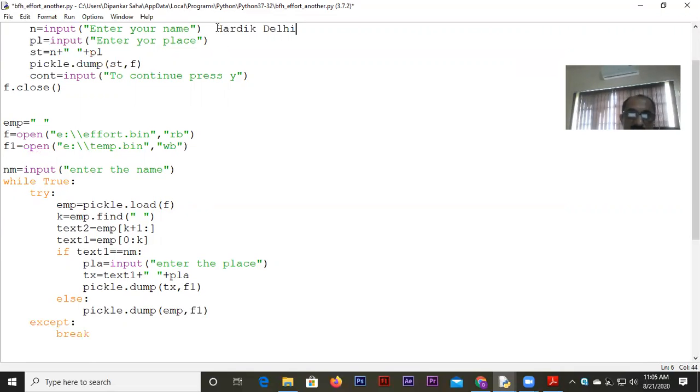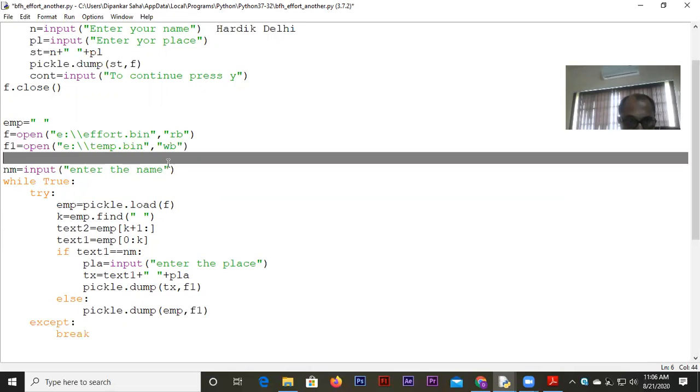So my intention is to look for a particular name. That is, I will look for Hardik and I will change the place he belongs to. Okay. That is how we will bring about a change in the record. That will be mentioned, like what you have to input, what you have to search for, and what you have to change. That also will be given in the question. I have assumed as if I'm looking for the record on the basis of the name that is there in the record and the corresponding value I will change. I can change both of them, in fact. I can change the name also. But imagine I want to change the place Hardik belongs to, or the place the person belongs to.